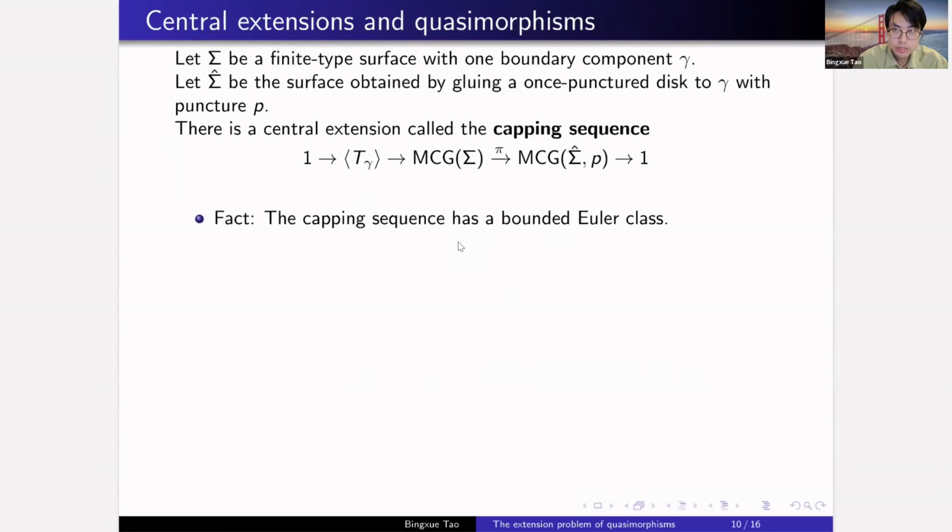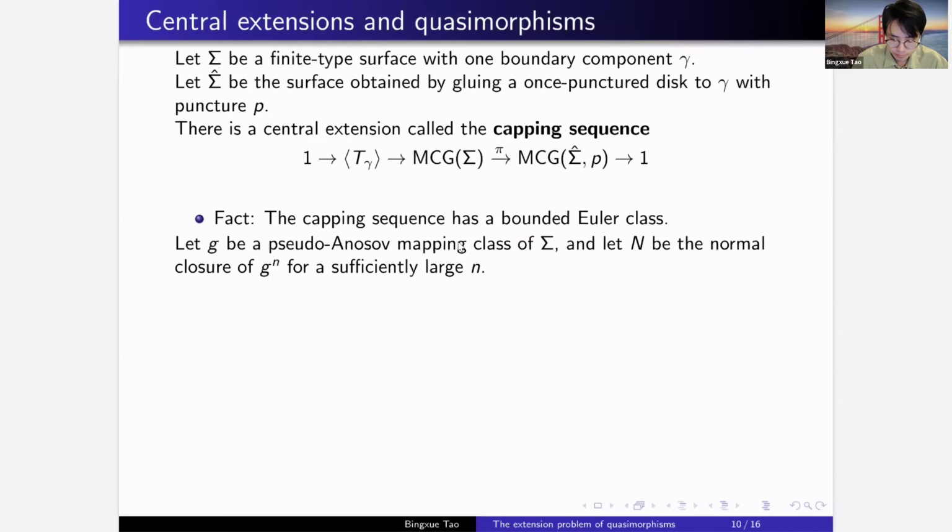So the classical result says that the capping sequence has a bounded Euler class. And now we want to construct more central extensions. So we use a pseudo-Anosov element of sigma, and let N be the normal closure of